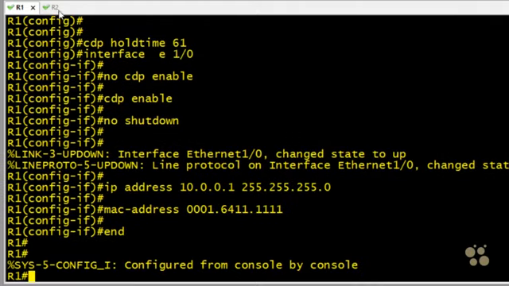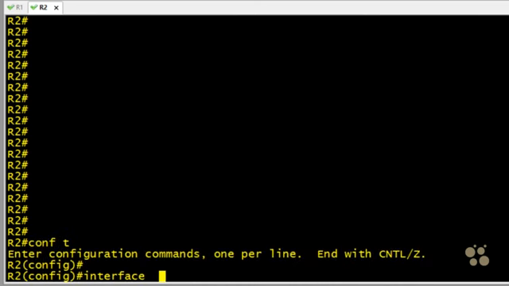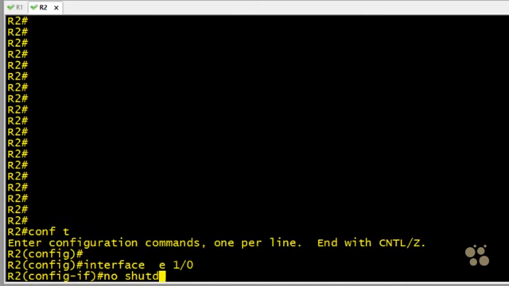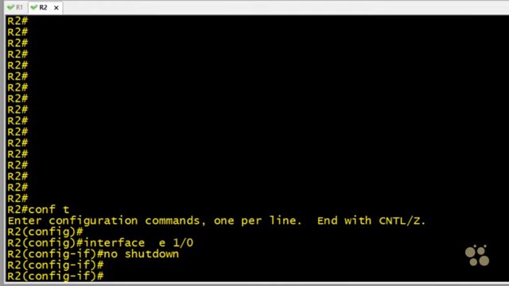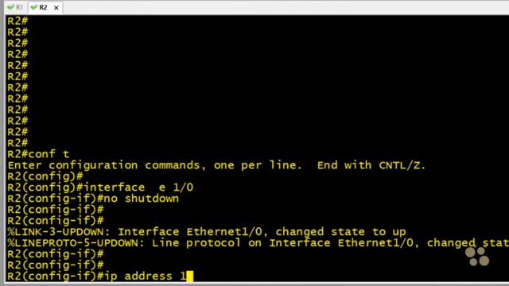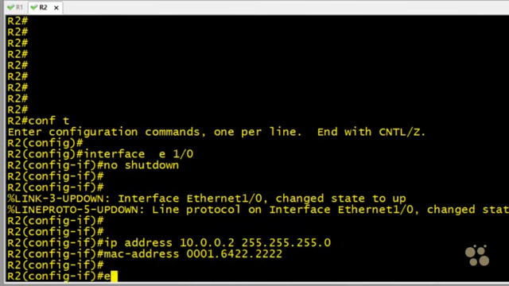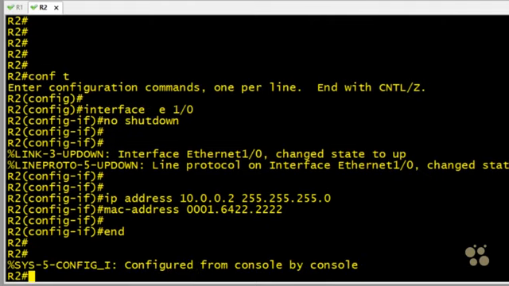We'll make a road trip over to R2, and on R2, let's go into configuration mode, and let's go into interface Ethernet 1/0, and we'll do a no shutdown to bring that interface up. And here on this interface, let's also give it an IP address. We'll also specify a MAC address that ends in a set of 2s. Again, with that first 6 characters of hex representing a MAC address that's been assigned to Cisco for the benefit